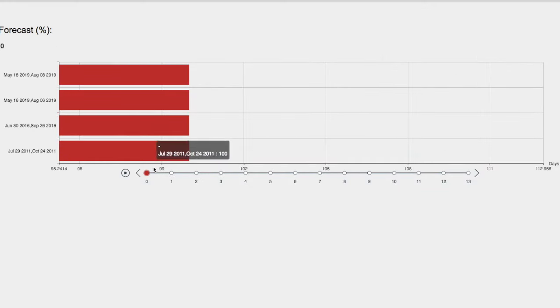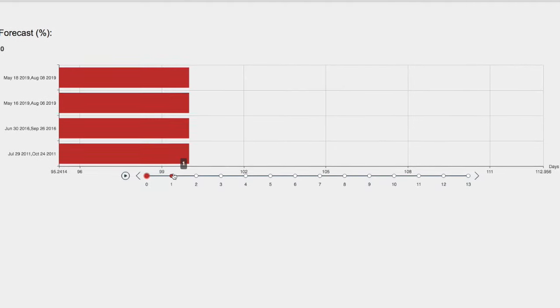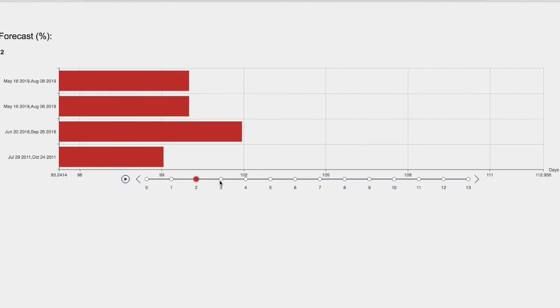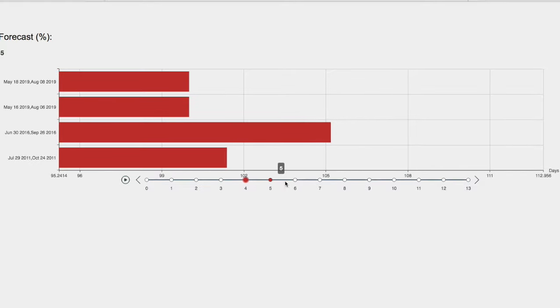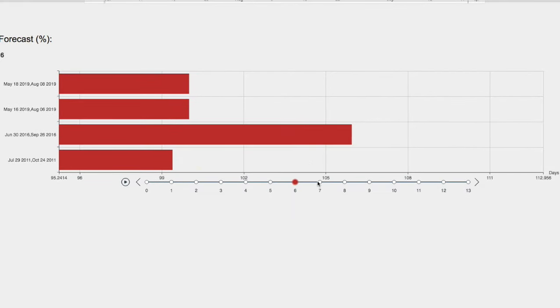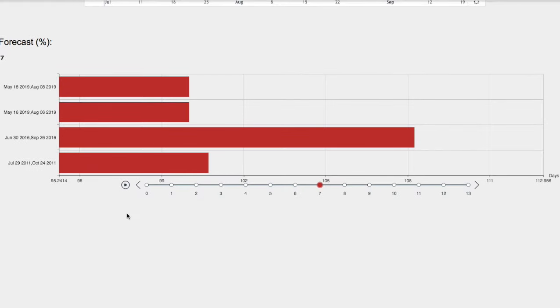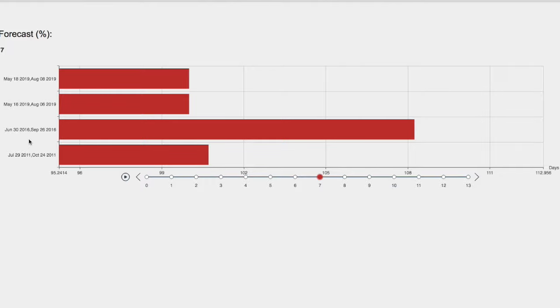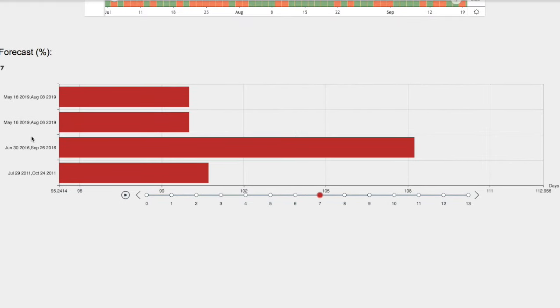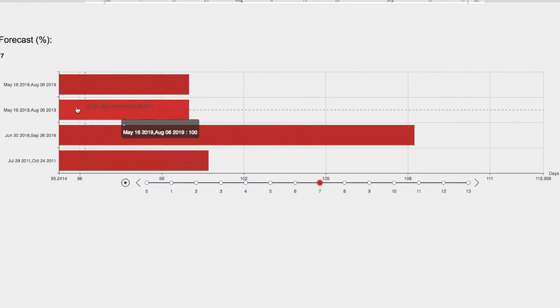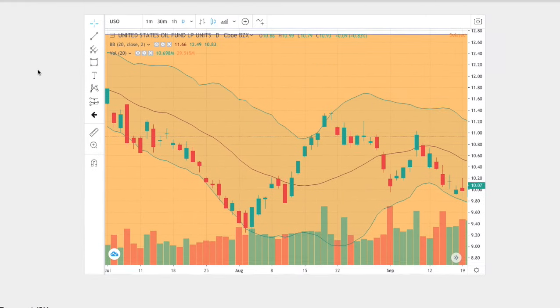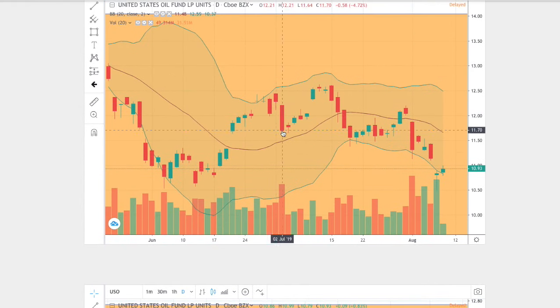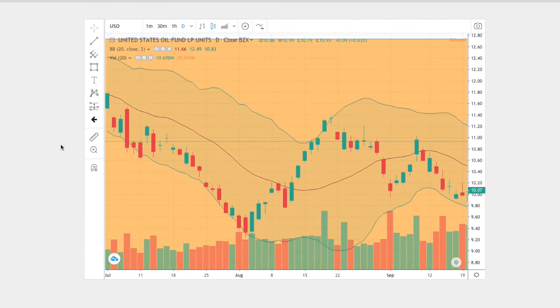On here, I'll go day by day where WTI crude oil will head to in the next coming days. So we have 1 day out, 2 days out, 3 days out, 4 days out, 5 days out, 6 days out, and 7 days out. And so which one of these forecasts we should focus on? I would say the trend that is the best match to the current trend. So we have the current trend right here, and below it is the trend that I believe is the best